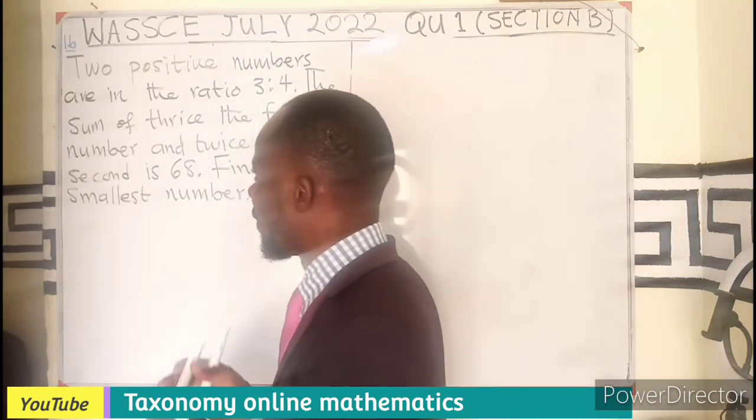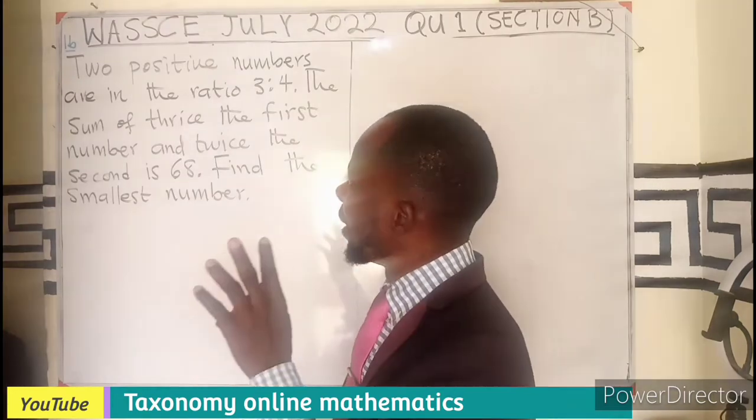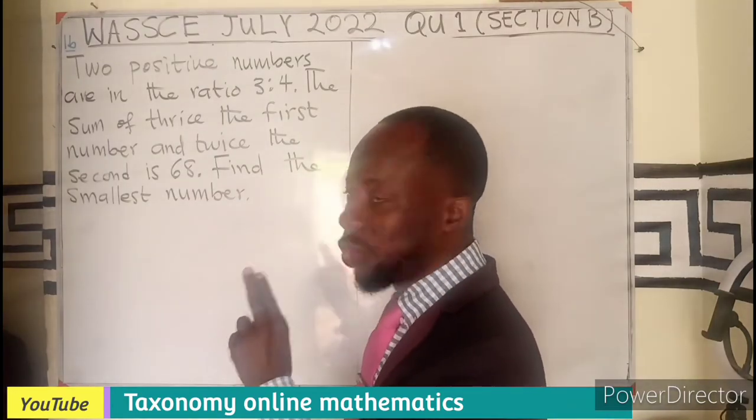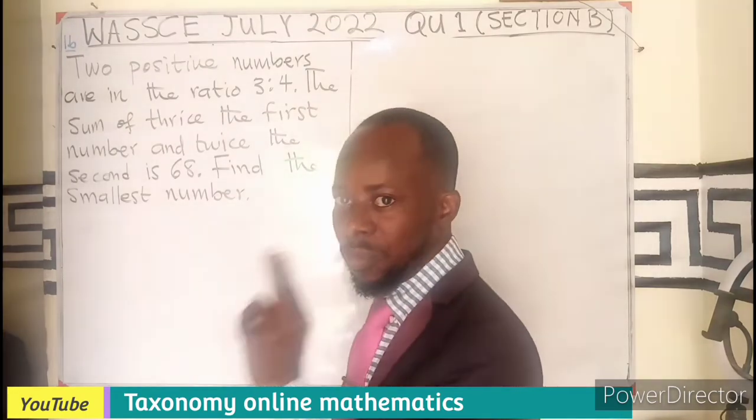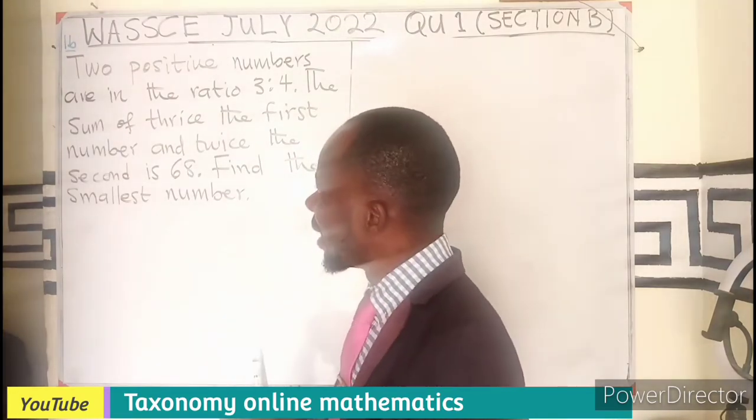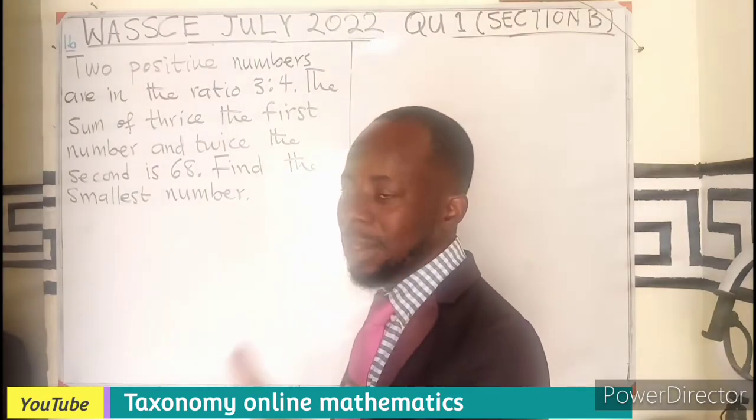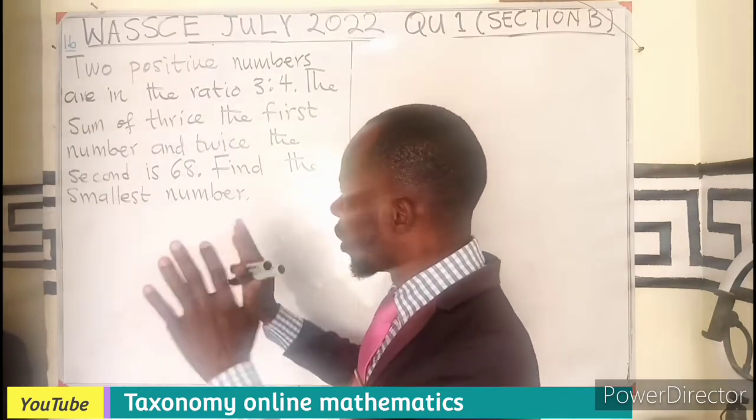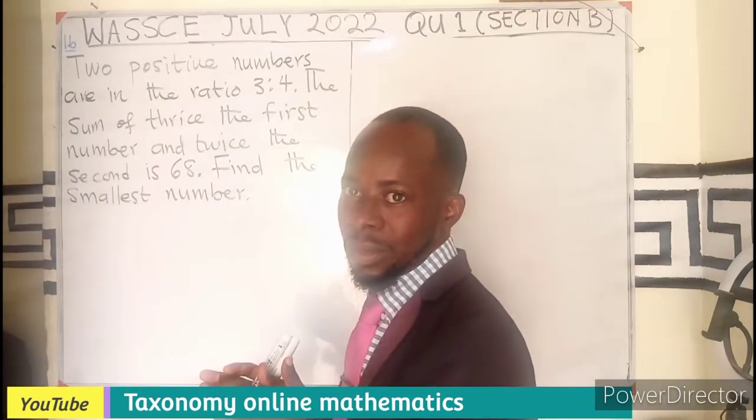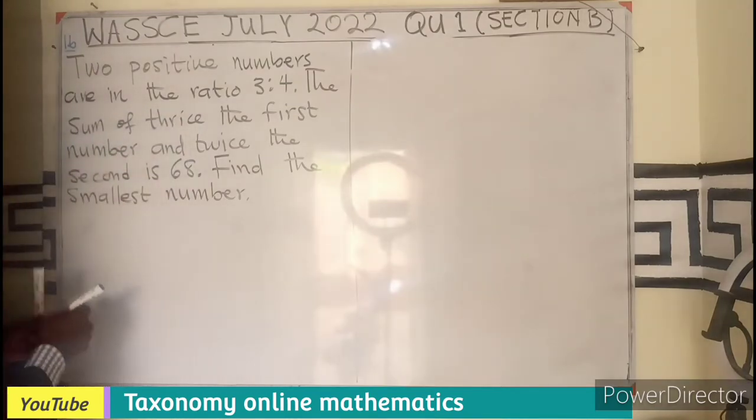Alright, in this case we have two statements. The first one is that the two numbers are in the ratio 3:4. The second one is that the sum of 3 times the first number plus 2 times the second number should give us 68. So taking the two statements, I would like to let